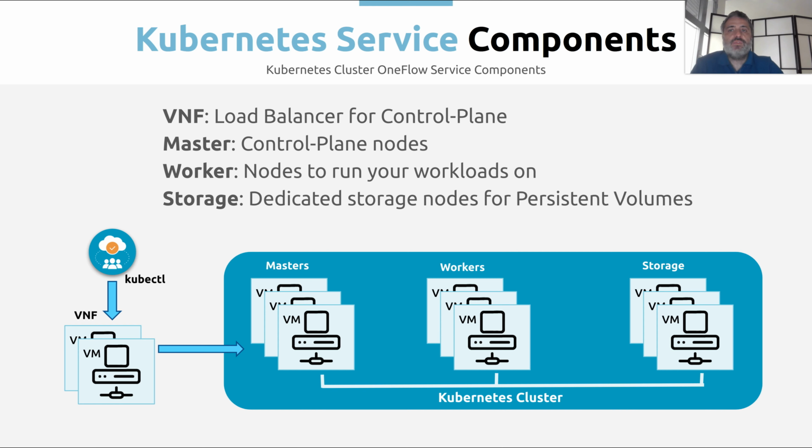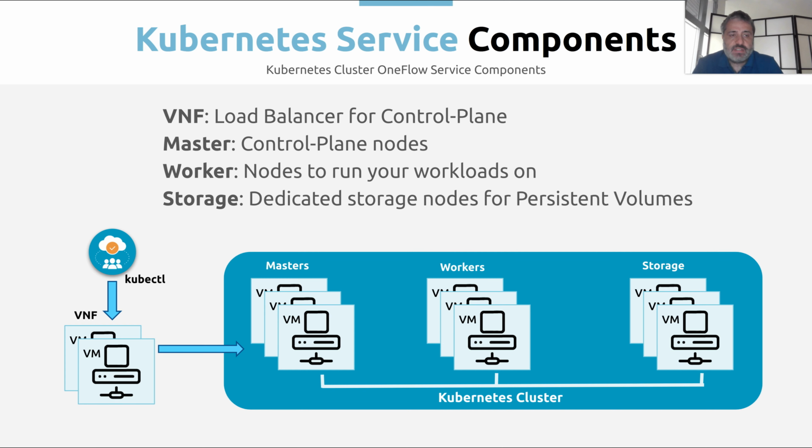By default, the OneFlow service is configured so you have only one single server for each role. So you have one single server for VNF, one for the master, the worker, and storage. So this is a non-high-available cluster setup, but OneFlow